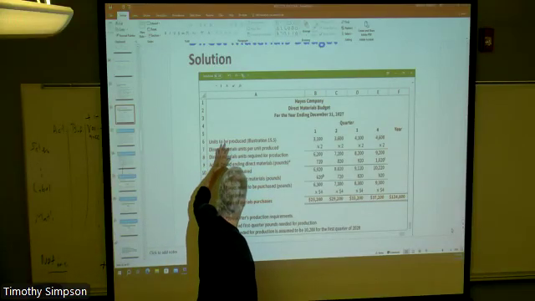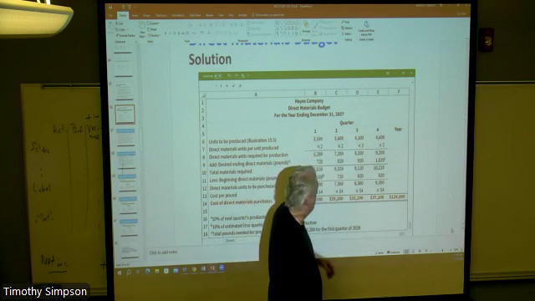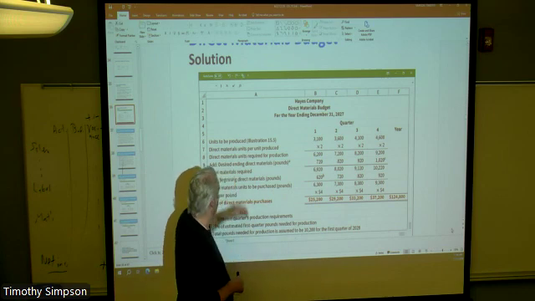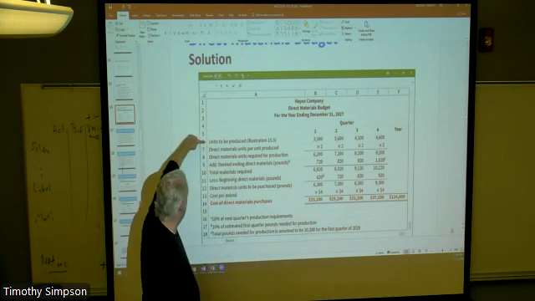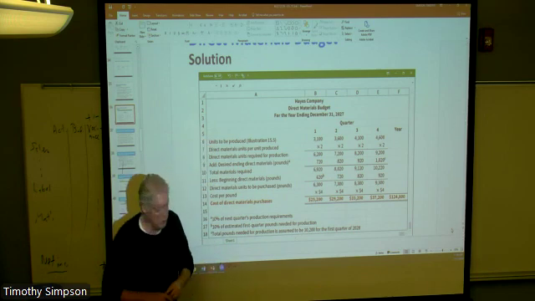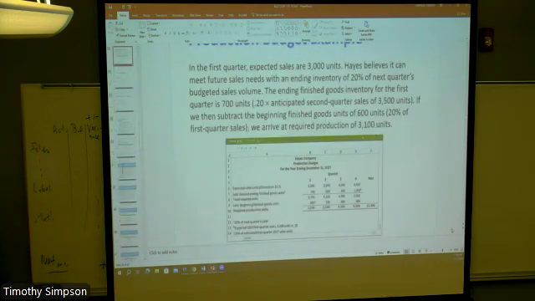It's oftentimes controversial, but we go to this idea of 3,100, 3,600 all the way across. Again, we're producing more than what we're selling because we want some ending inventory of finished goods. These are the finished goods right here. But let's get to the direct materials. We said earlier, and I'm going to be sort of flipping around here because a lot of this is important. We said that